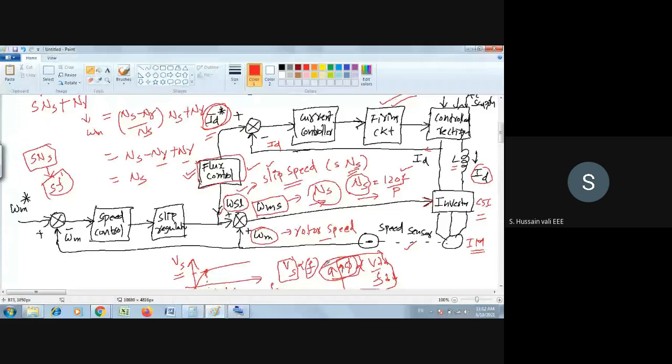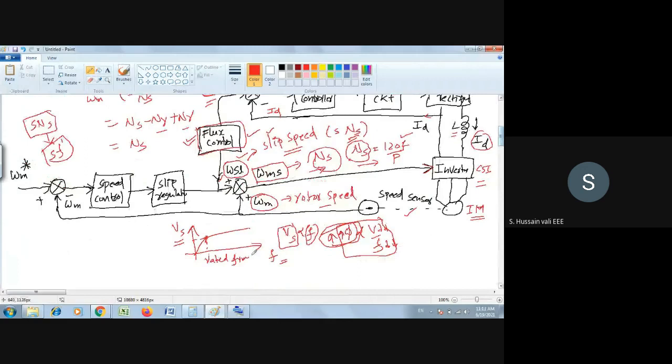Now last class we have drawn another graph. I will just recall the graph here. It is the stator current and the rotor frequency. There is a relationship between them. You must recall the induction motor operation: S F is the rotor frequency.